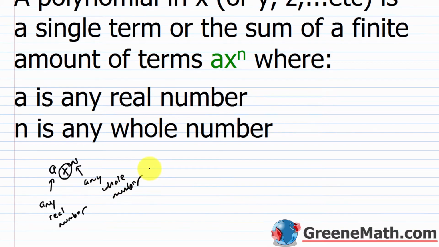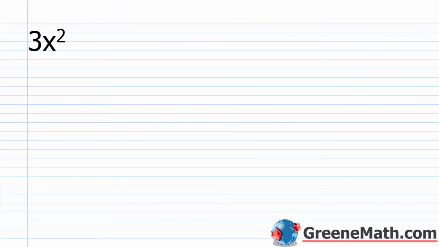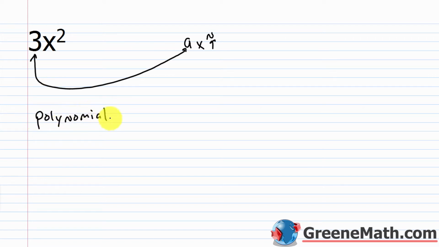So let me give you an example. We have something here, 3x squared. Okay, and remember, we're looking for ax to the power of n. So a can be any real number, and so 3 here is representing a. So that's fine. Then we have our variable x, and it's squared. Remember, n has to be a whole number. 2 is a whole number. So this is fine. This is a polynomial. So if somebody asked you on a test, is 3x squared a polynomial, you would say